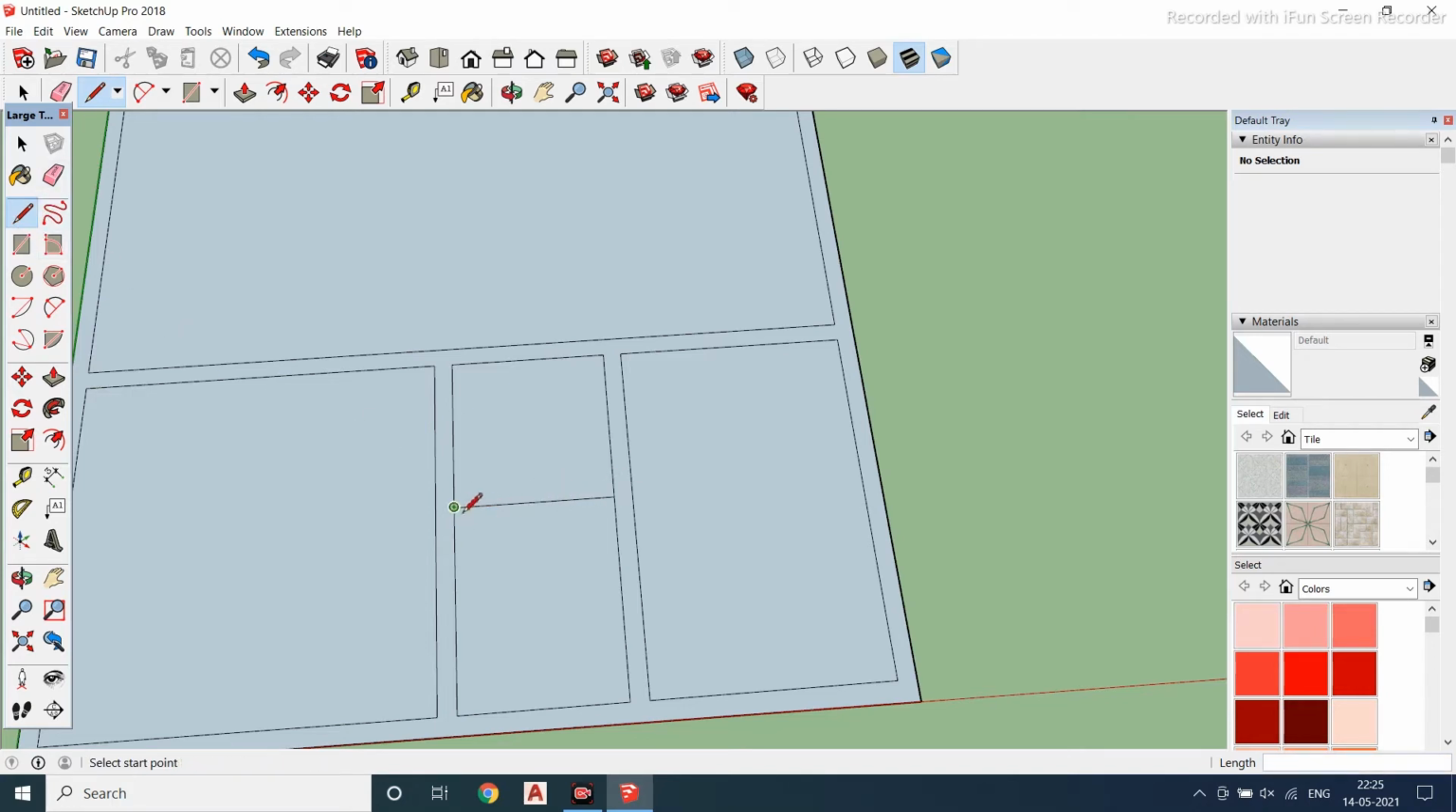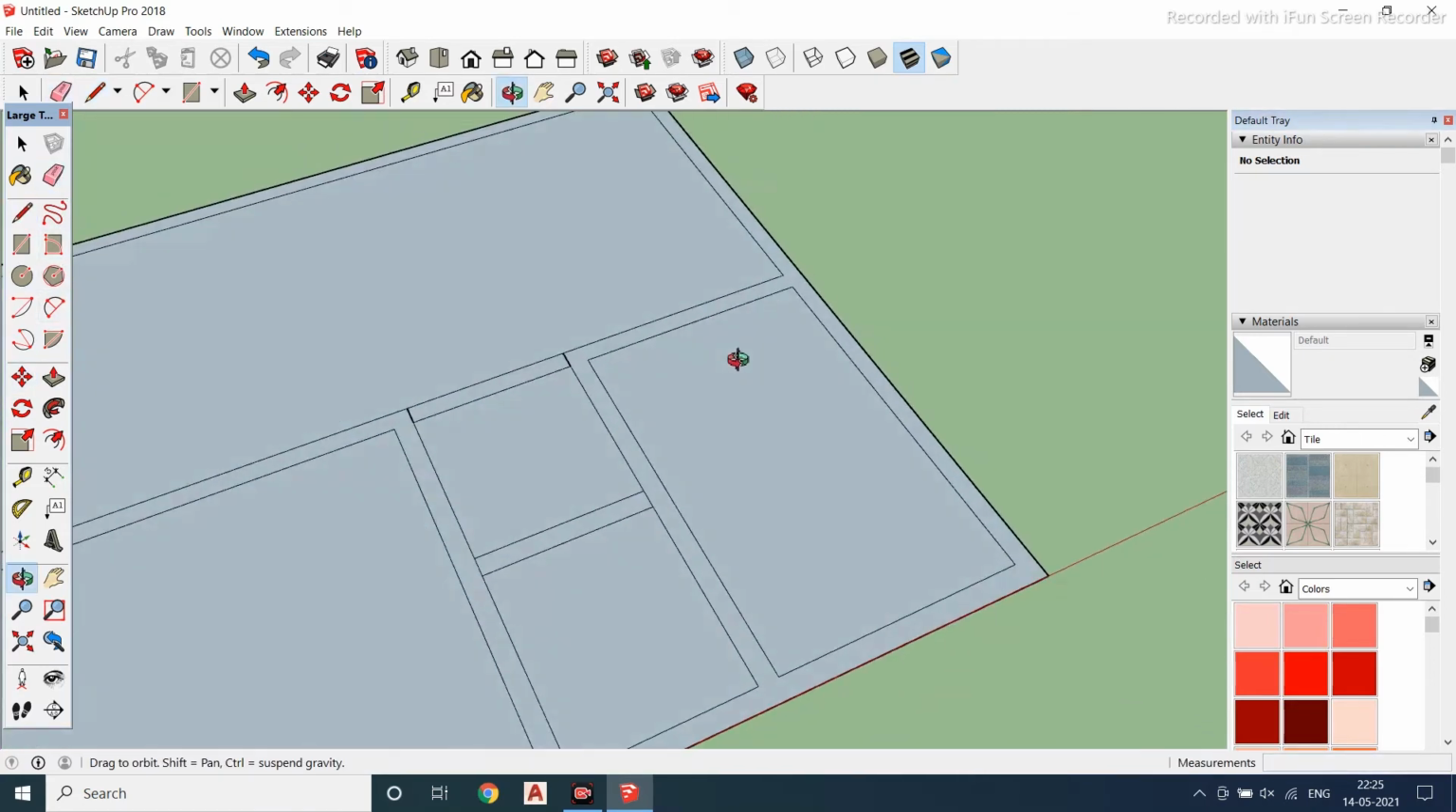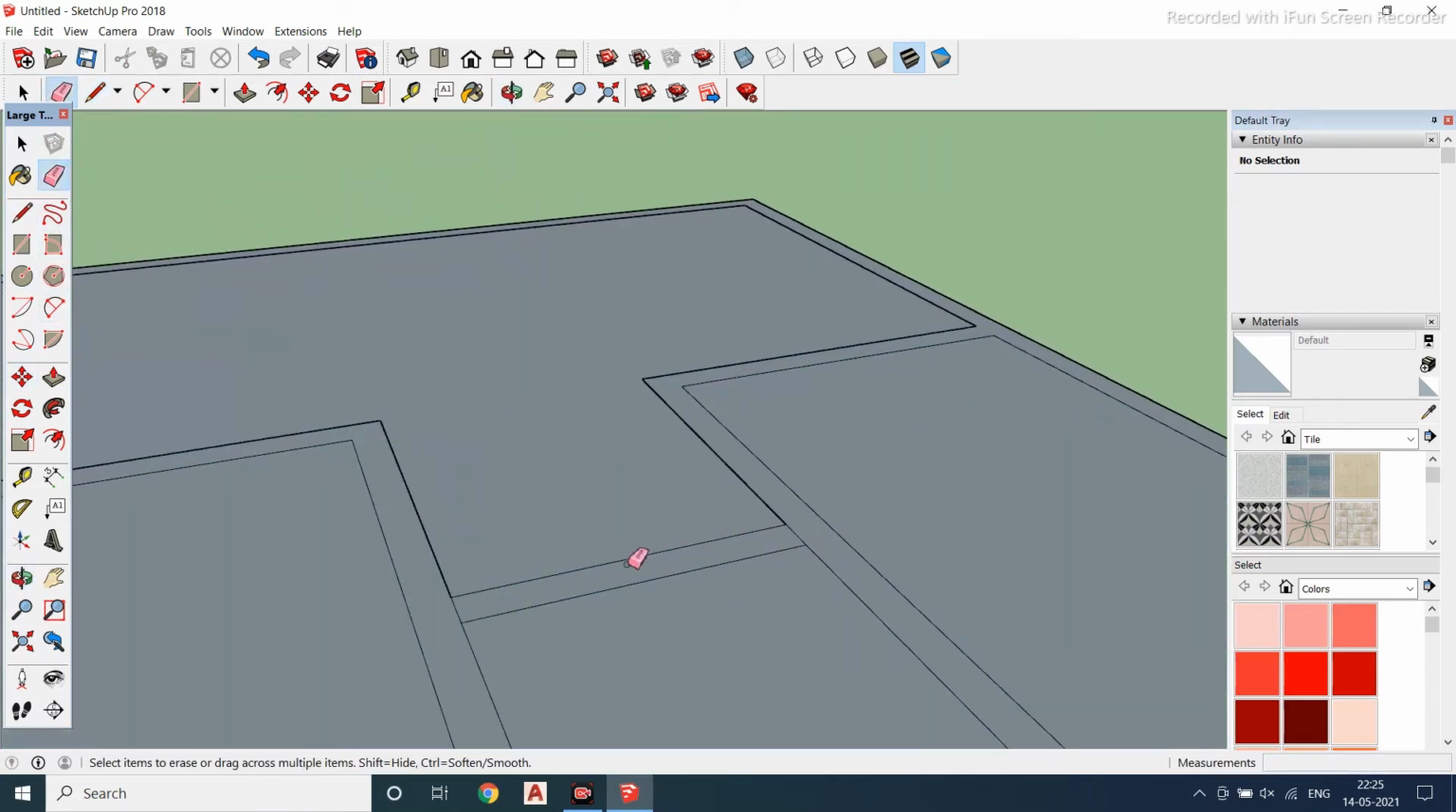Now for the entrance I'll be leaving 2 meter and 0.23, now we'll be erasing. Before erasing I have to give this continuity wall, escape, erase too. Okay,